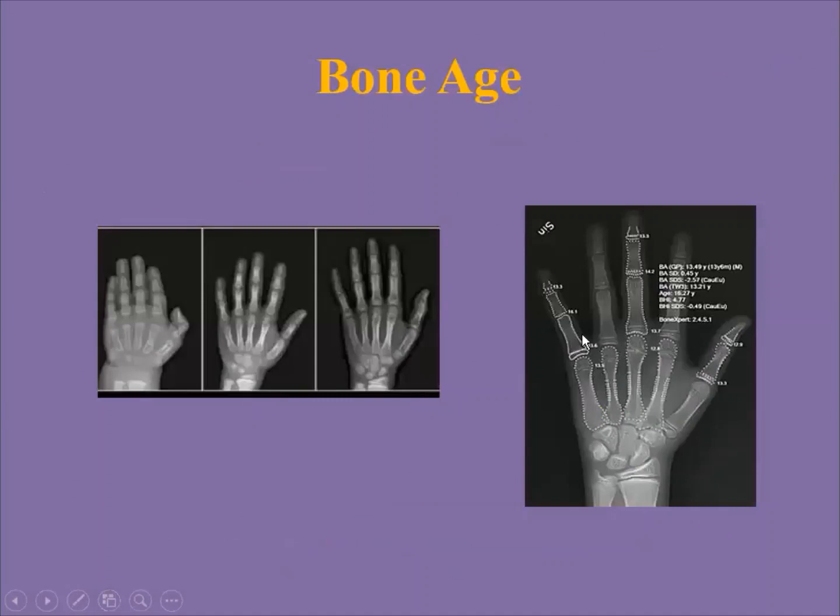So this is a picture of the bone age. If you look at the X-ray serially, you can see this is a small child's one, and the number of ossification centers are less. This is a bigger child, and the number of ossification centers are more. And still a bigger child, you see more. And here the computed bone age is given. So here it says the bone age is 13.49 years, but the actual age of the child is 16.2, so it is retarded. And it gives the range by standard deviations and all, right? So things are made easy when we do it in the digital way.